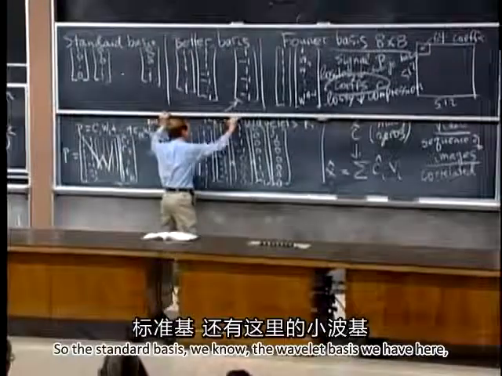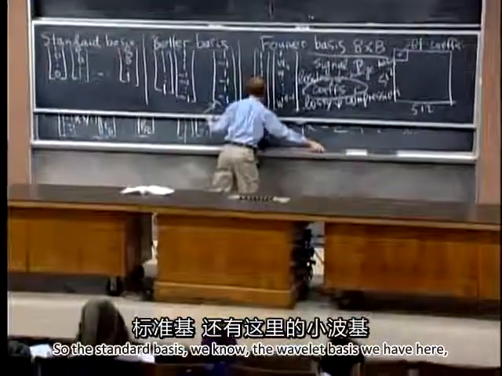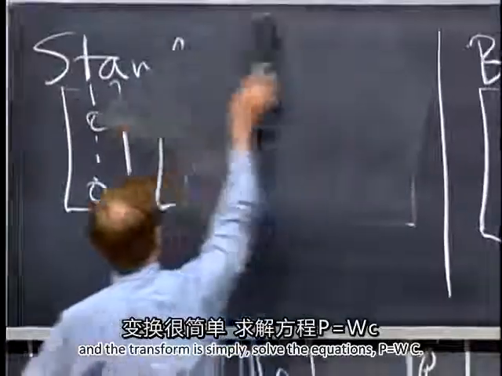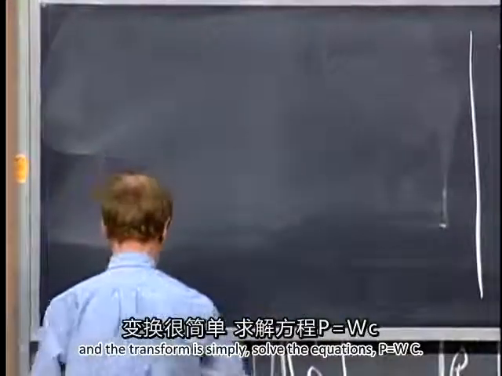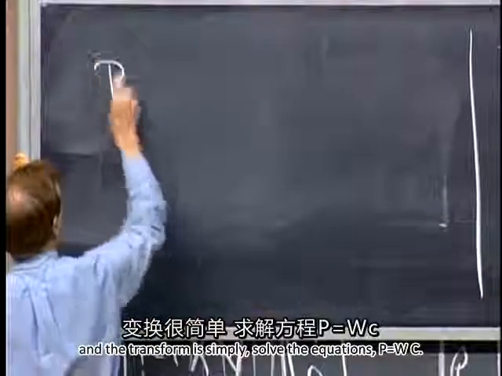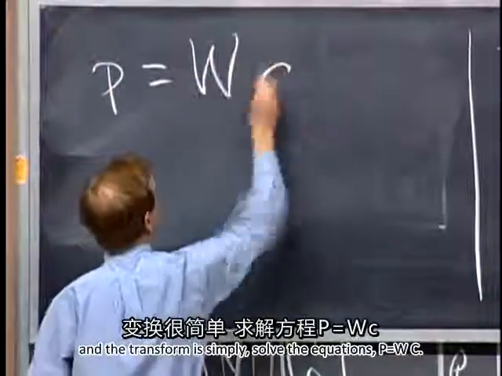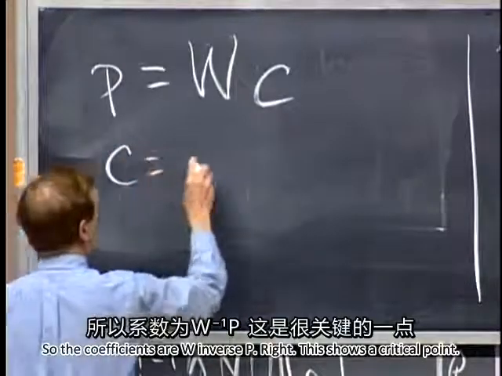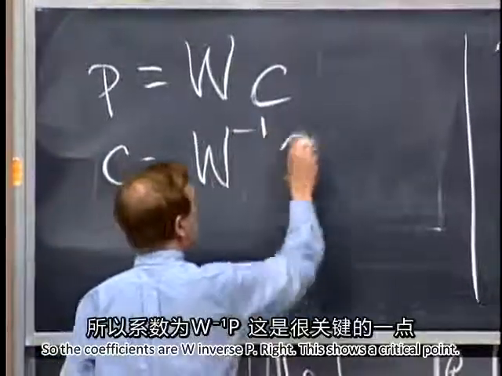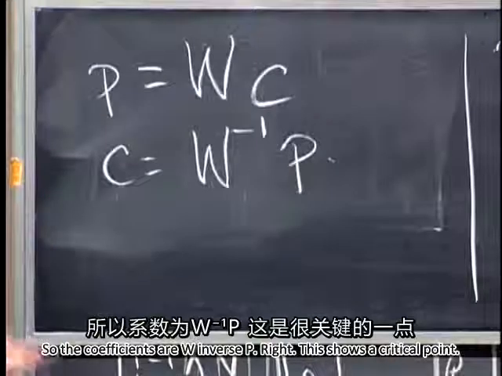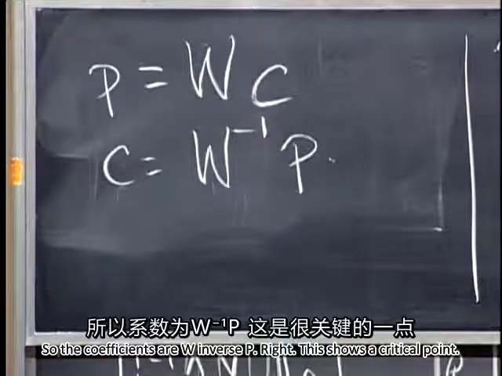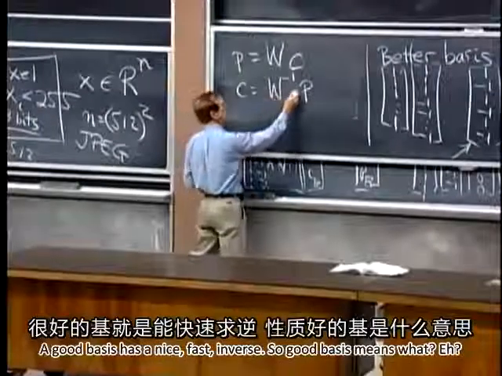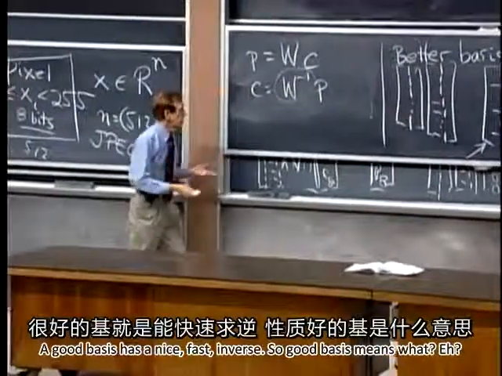So the standard basis we know, the wavelet basis we have here, and the transform is simply solve the equations P equals WC. So the coefficients are W inverse P, right? This shows a critical point. A good basis has a nice fast inverse. So good